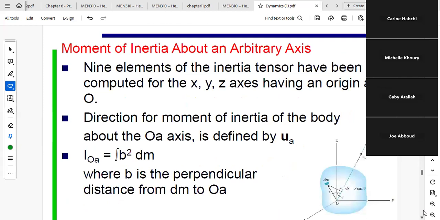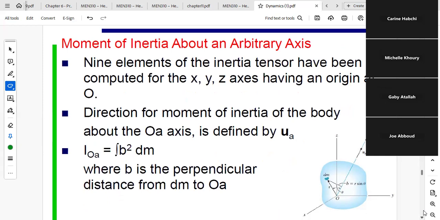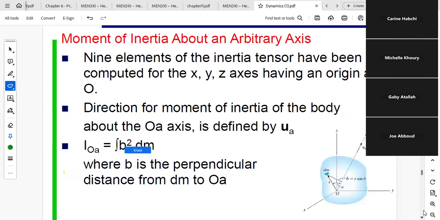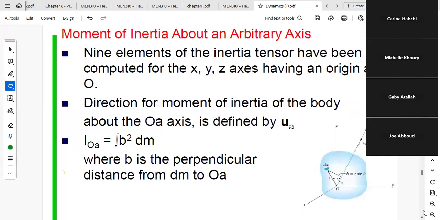Now, what if we need to obtain the inertia about any arbitrary axis? Sometimes you are not interested in the familiar x, y, z, for example, that are axes of symmetry. You want to find the inertia about an arbitrary axis in your figure. You can do this. As we'll see in this section, you can relate the inertia about an arbitrary axis to the inertia about axes x, y, z